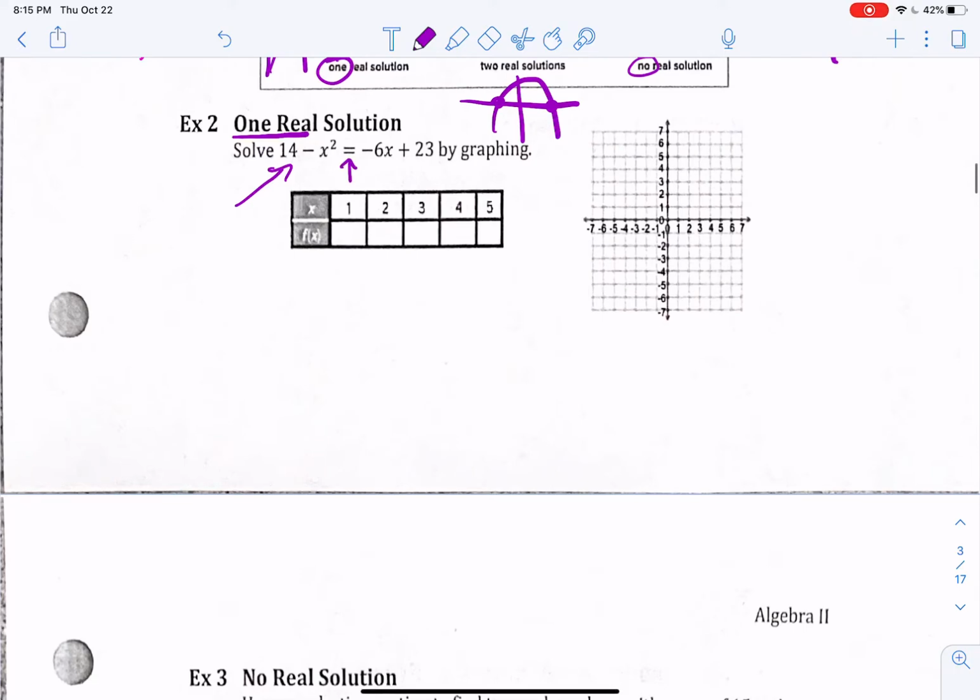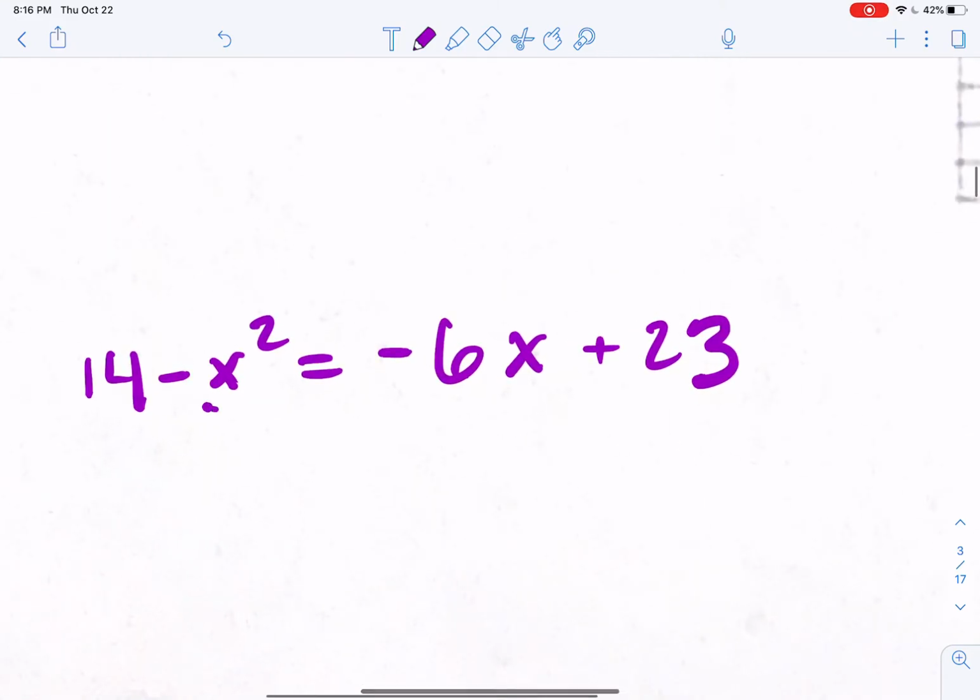So I'm going to rewrite this down here, and we're going to make it so that everything is on the same side, all right? The x squared is this guy here, and notice that there's a negative in front of him. If at all possible, I want to always make sure that the x squared is positive. That decides which side I move everything to. So I'm going to move the x squared onto this side because that's going to make it positive, okay? So I add x squared over to here,